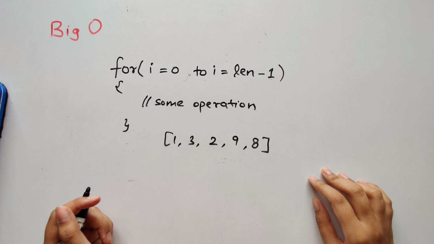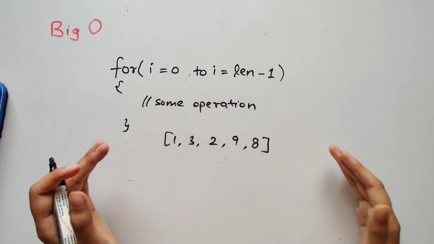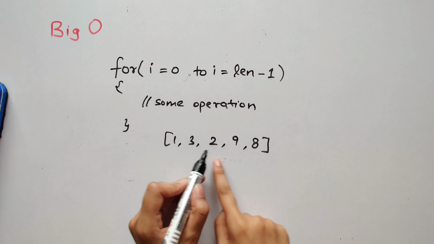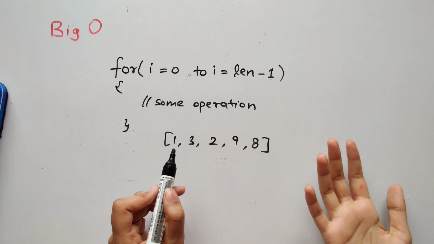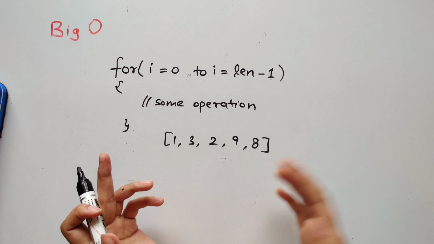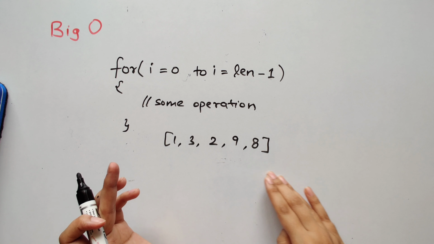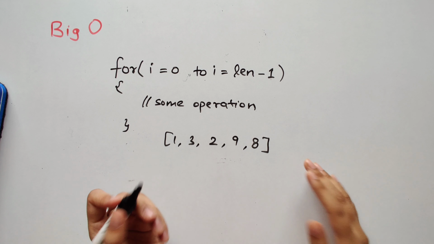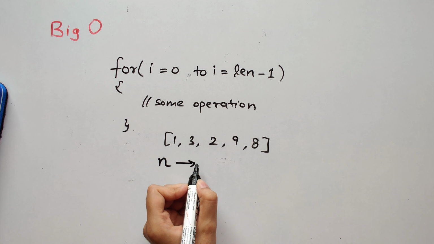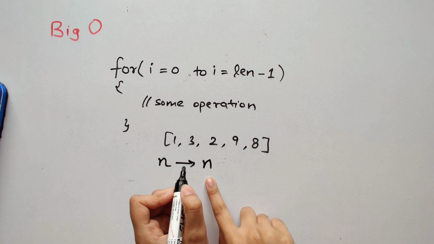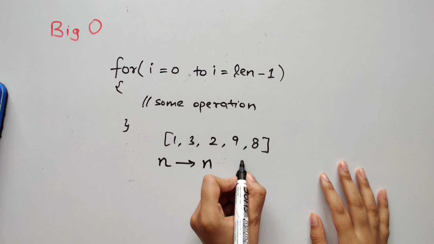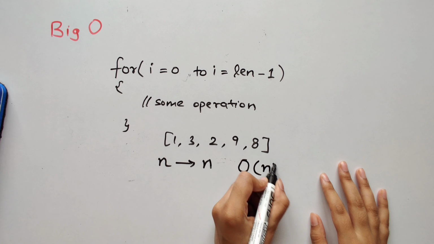Now let's take a code example. Let's say you have to return the largest element of an unsorted array, which is here. So you need to see every element to be able to decide which is the largest element. You never know, right? The largest element could be the last element, it could be the first element, it could be anything. But you would never know. You will have to traverse all the elements to find out which is the largest element. That means if the given number of elements is n, you have to look at each and every element, that is all the n elements, to be able to say the largest element. Therefore, the time complexity of this is order of n.